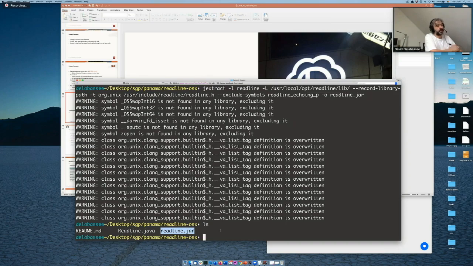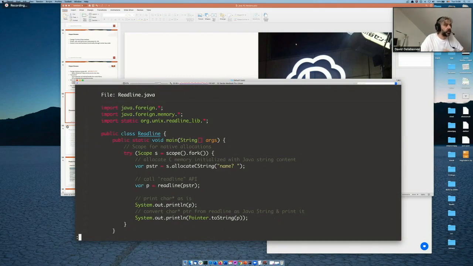So what I want to do is use this small Java application. We can very quickly go over the code. A scope is something that is provided by the foreign memory API of Panama, and basically scopes are used to enforce liveness checks on scoped resources. It's some sort of memory that we allocate on the other side, on the native side. We need to enforce liveness because whenever we allocate on the other side of the fence, on the native side, at some point in time what has been allocated needs to be deallocated. So that's why we need scope.